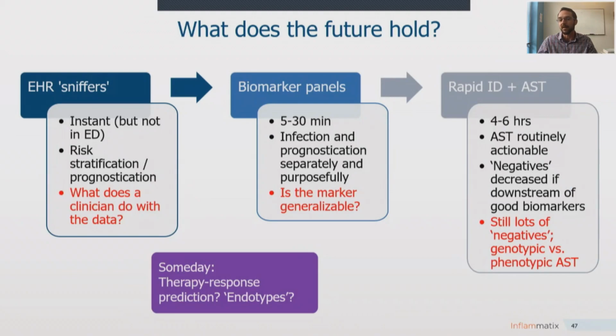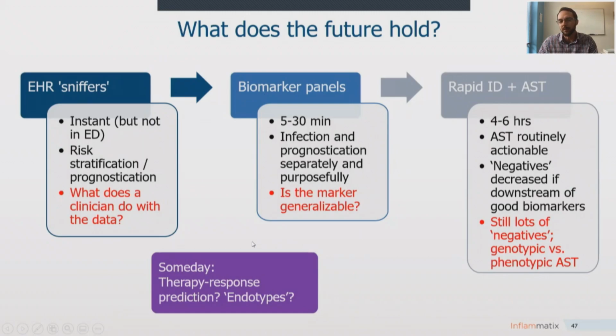The good thing is that all of these tests currently have to be used in the concept of a direct from blood infection test, which has to be used in everyone, most of whom don't actually have bloodstream infections. If they were used downstream of good biomarker panels that could say, yes, this patient likely has a bacterial infection, then the cost wouldn't be so high on this side, because you'd only be running them in patients that actually did have a bacterial infection, so they would turn out positive more often. But there's still going to be negative tests that you have to pay for anyway. And then there's this question of genotypic versus phenotypic AST and what's likely to impinge on physician behavior.